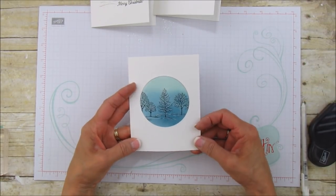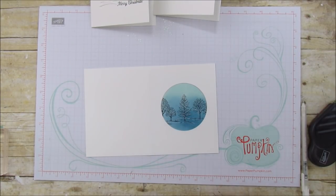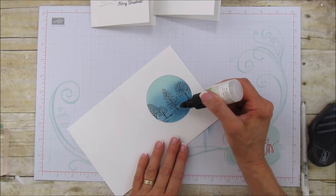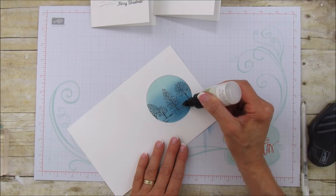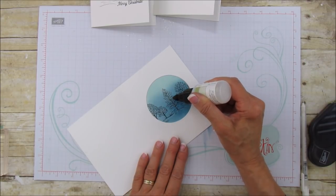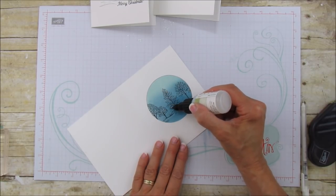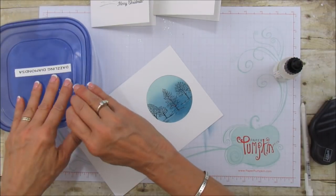We got that done. Now the next thing I'm going to do is add my fine tip glue, and I'm going to add some dazzling diamonds to this. This is what's going to make it sparkle. This draws a really fine line, so you want to keep it really thin. You don't want it too thick, because it's not going to look like real snow if it's too thick. One of mine, I got a little bit too heavy-handed with it, so I'm trying to keep them really much thinner. And then we're going to grab our dazzling diamonds